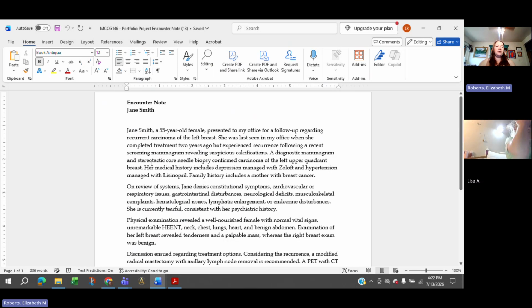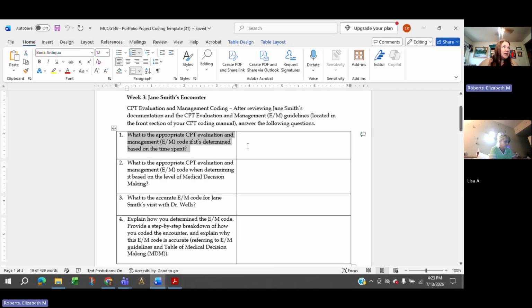Now, when we are coding for an E&M encounter, and if you watched the recording last week, then this should hopefully be familiar, an E&M is an evaluation and management office visit. I say office visit, but it can happen in the emergency department. It can happen in the inpatient, skilled nursing facility, inpatient hospital. It could be a consultation. It could be a preventive medicine service. There's all sorts of E&M services. So the first question we have to ask is what type of service was this? And I'm going to type it in here. The second question is what was the patient status? I'm just going to type all this out.